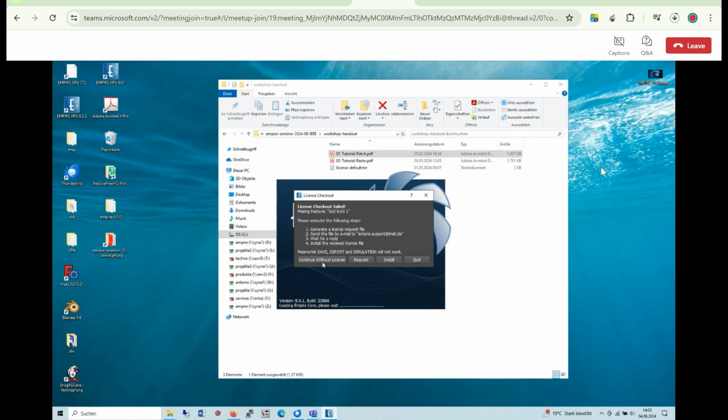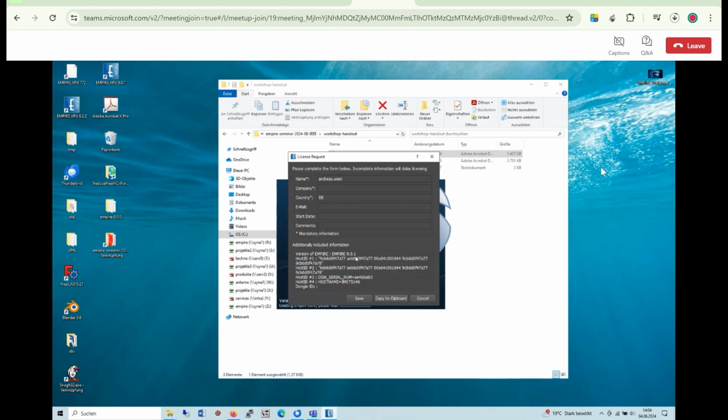If I click continue without license, you can still open the software and look at the results. Yeah? For example, you can browse through the examples which are built in and look at the results and so on, but you cannot save anything. Here, you can request an individual license. If you press this button, there will be some